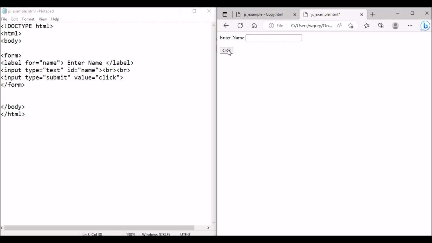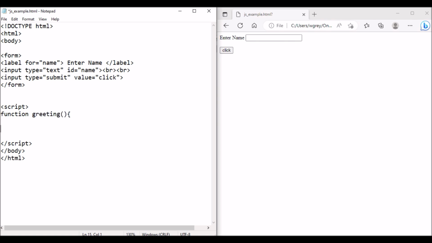It's not doing anything because we haven't got an action. So we need to now incorporate some JavaScript code into this so that when you click on that button, something happens. At the moment, nothing's happening. What we need to do is add some JavaScript so that it does something when we click on the button. So let's get going with this. We're going to create a new JavaScript function. So let's get that inside our script tags, and then we're going to have a function which we'll call greeting,